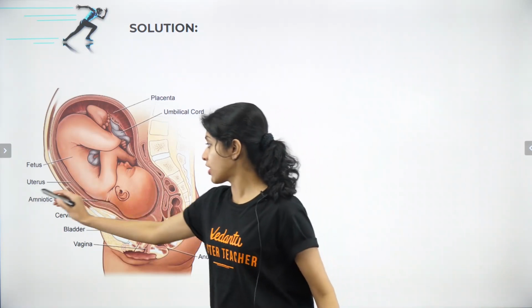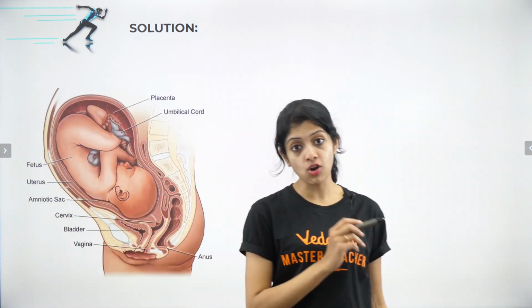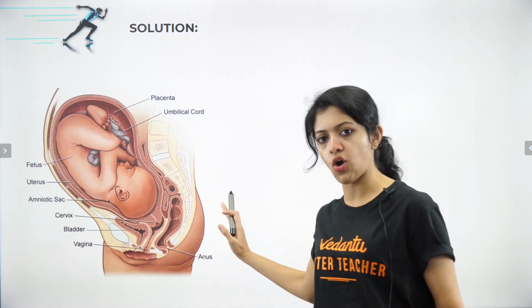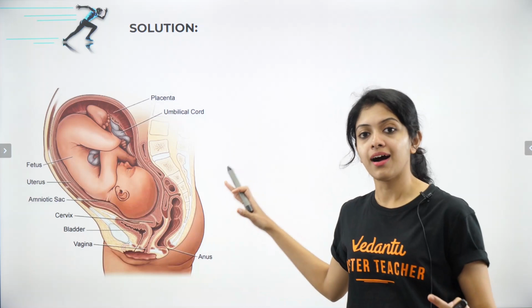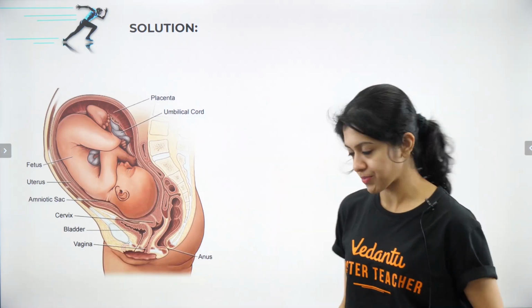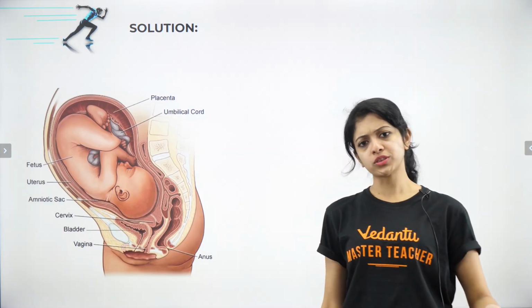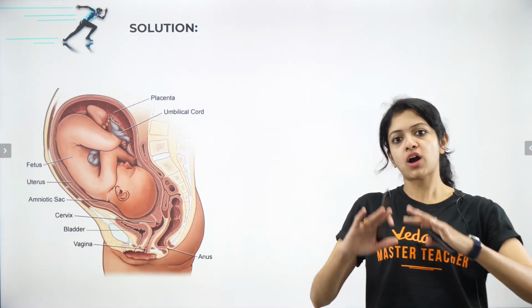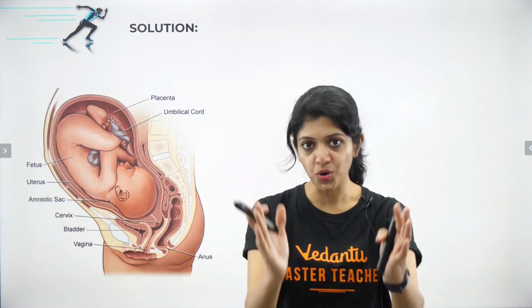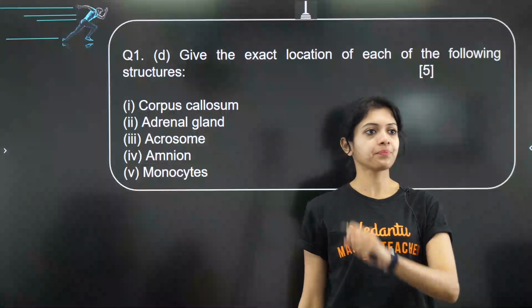Okay, so the amniotic sac or the amnion is there as an additional support along with many others, of course, the chorion, allantois and all of that, to protect the growing fetus. Okay, so that is what the answer would be. The amnion is found around as a protective membrane around the growing fetus. Okay, now